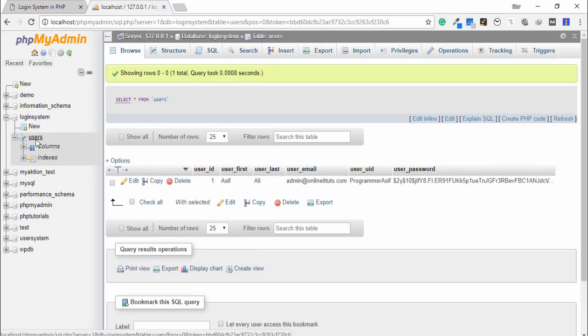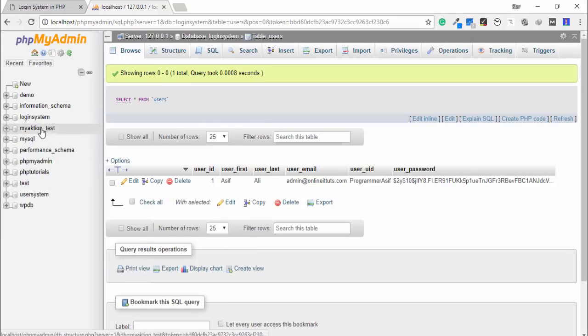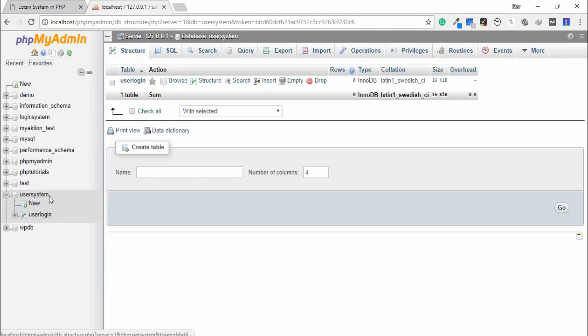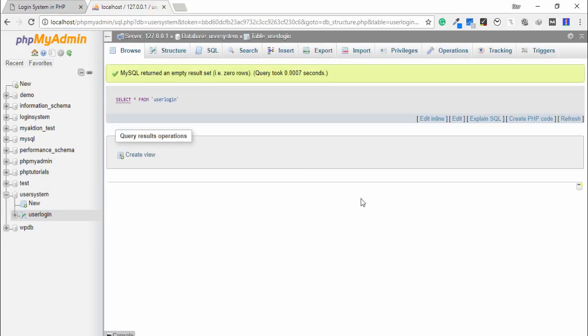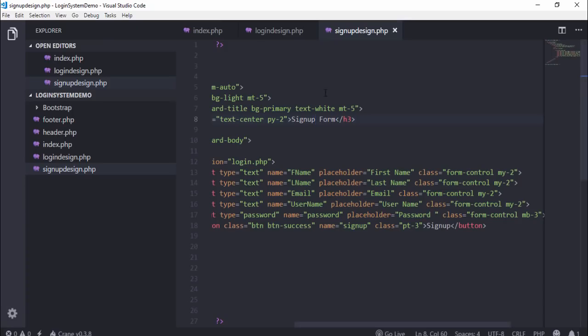Okay, this is the old user system. This is not a system, but you can say that it is a system, right? Okay, this is a system. And our database table name is user login. Okay, so first of all I go to my code editor and